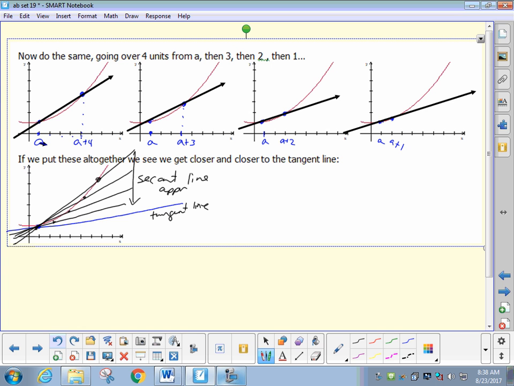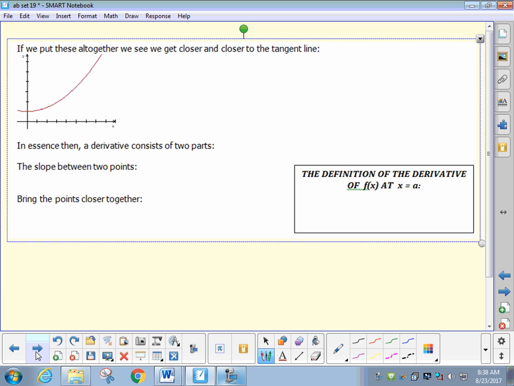Now, the graphical is great, and I'm visual, so it helps me understand, but really the analytical is what we're going to find derivatives on. We're not going to count boxes and try to estimate the tangent line by counting boxes of the slope. It's not very exact at all. So we need a more